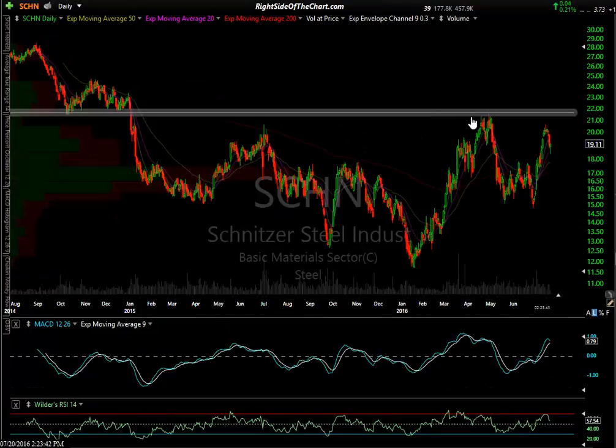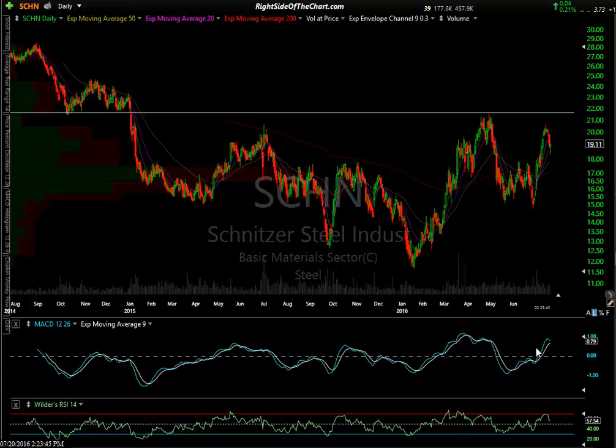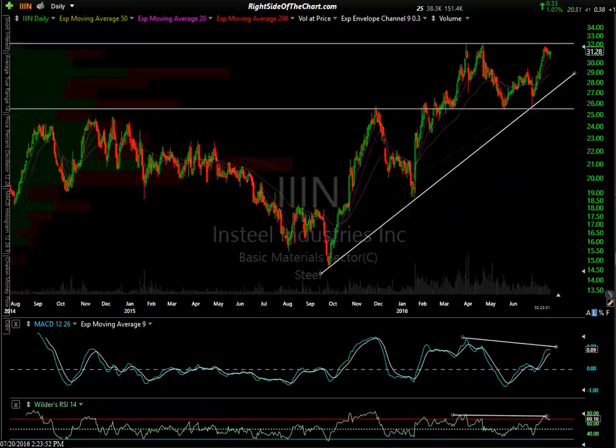SCHN, not much. We don't have a divergent high. So far we haven't made a higher high or equal high. There's a resistance level. That's really all I see on that chart worth mentioning. IIIN in steel industries,